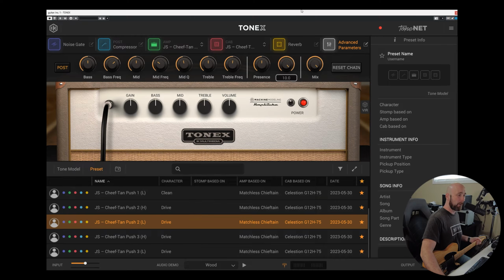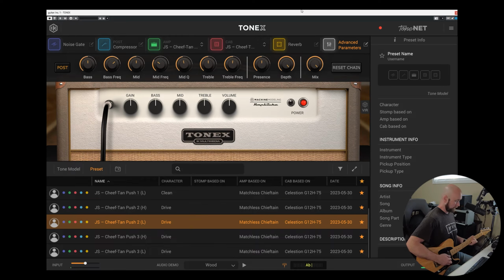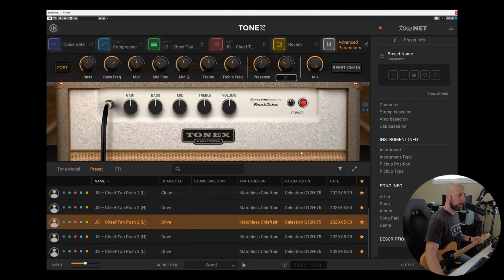If I was to have that depth cranked up like that and on my neck pickup, it might get a little bit tubby in the bottom end. But the point being is that by going in here and not being afraid of these controls,